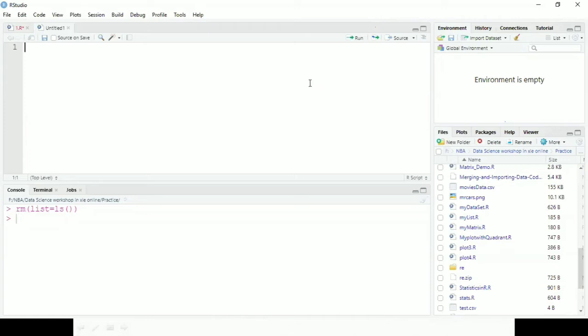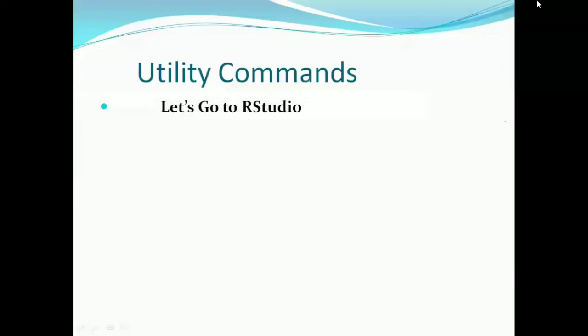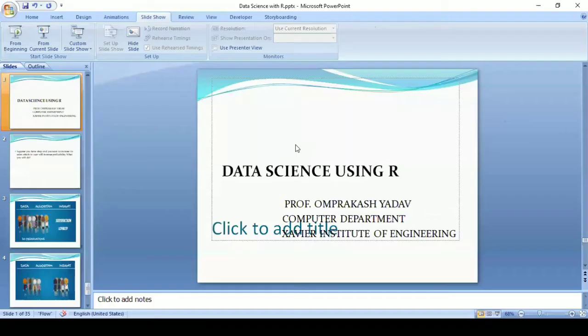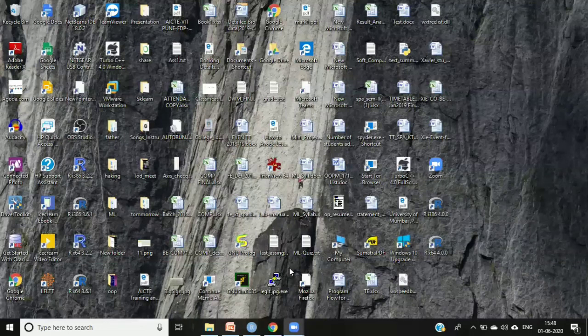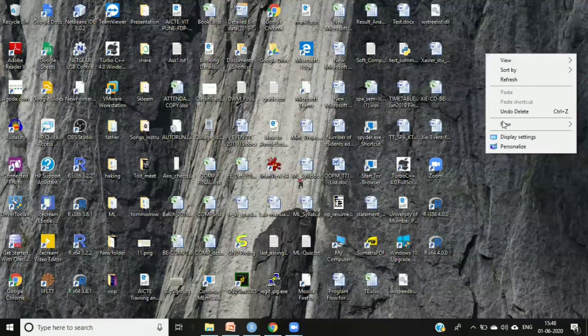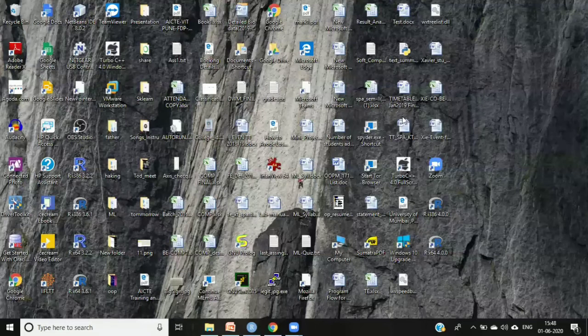So what you can do, you can just create one folder. For my practice purpose, you can create one folder over here, let's say on the desktop, a project folder, all of you.